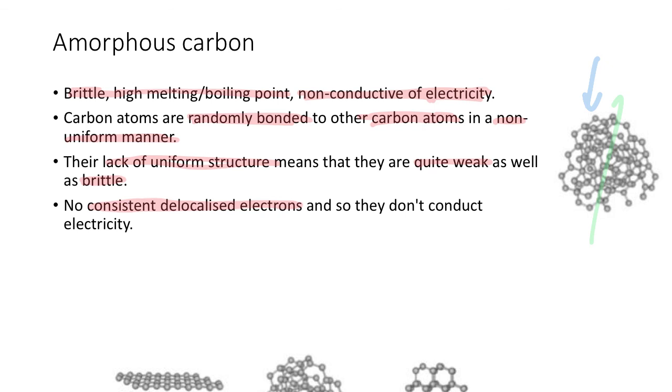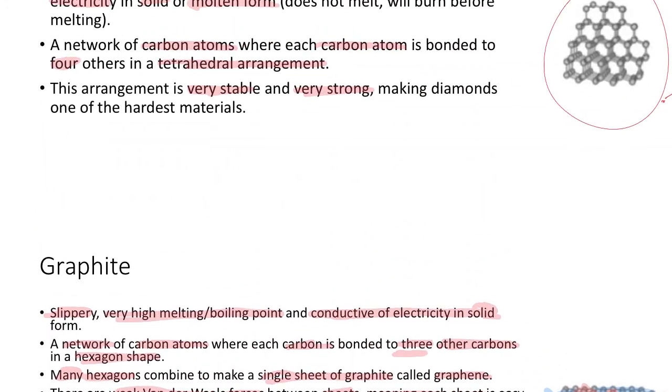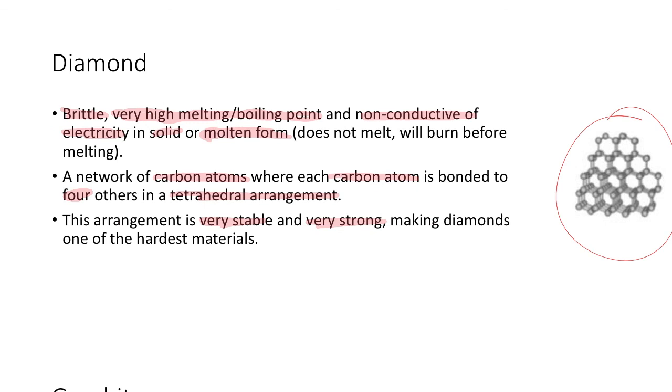Okay, so these are the 4 allotropes of carbon that you need to know about: amorphous carbon, Buckminster fullerene, graphite and its derivatives, and diamond, and they all have different types of properties based on their structure. So you need to know their structure and be able to talk about each of them in detail. All right, so go have a read of all the notes again, or watch this video again,